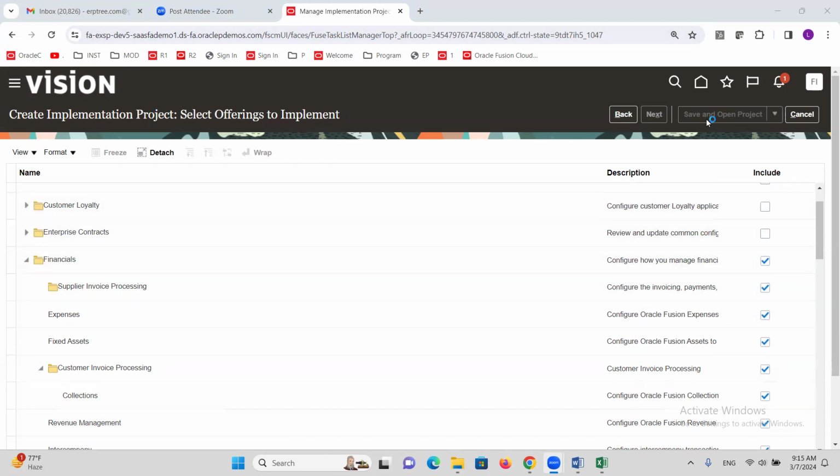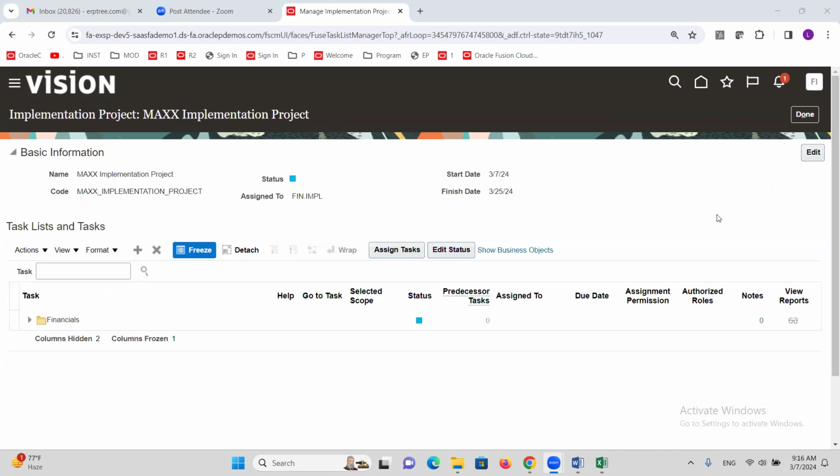Okay, just click on Save and Open Project. It will take some time. Why will it take some time? For each and every application, it has to create the list of setups. Okay, just include financials, include within financials the different applications which we call options, and click on Save and Close. Now you can see our project is created, project name is this, code is this, and the status is